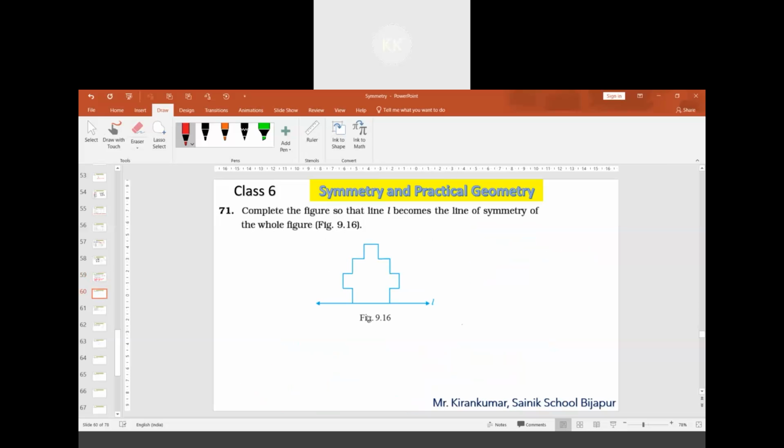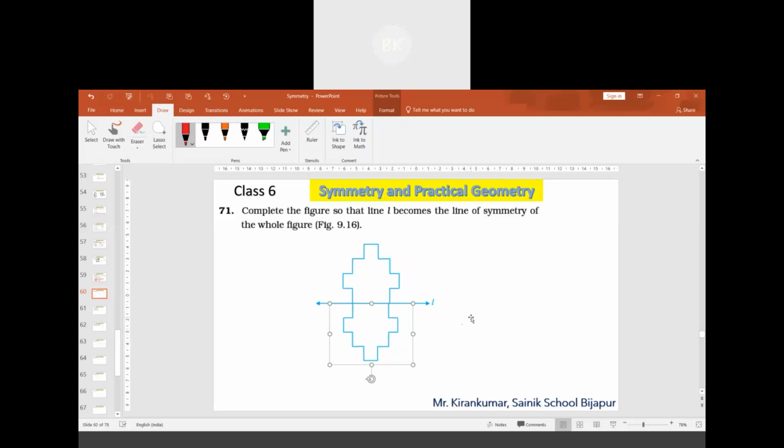You can think the next one is very easy. You have to complete this figure. You have to trace it as it is. The best thing to do this is to take it on a squared paper. This becomes easy. If I make it, this will be the image. It looks like this.